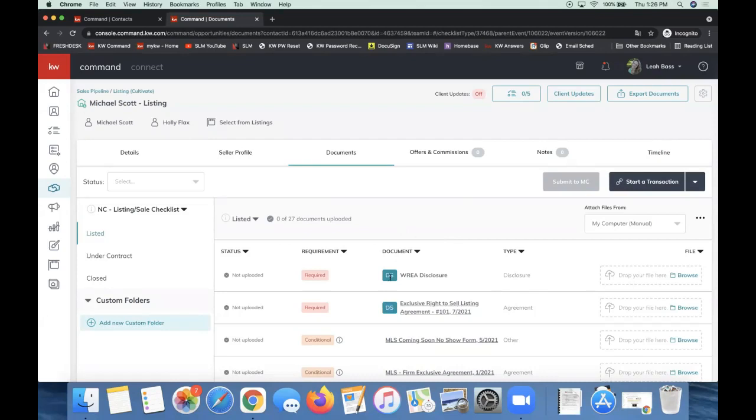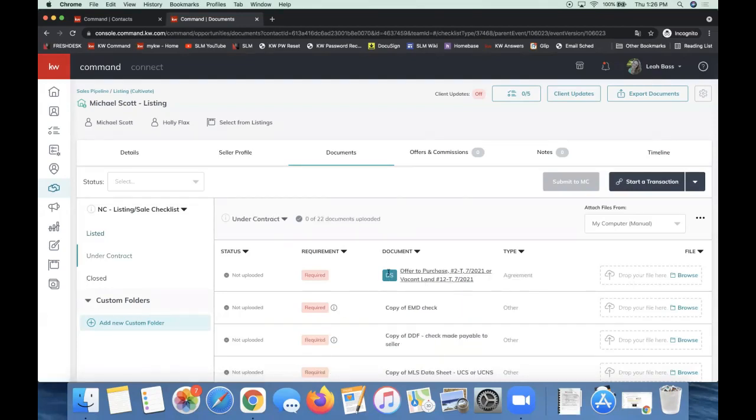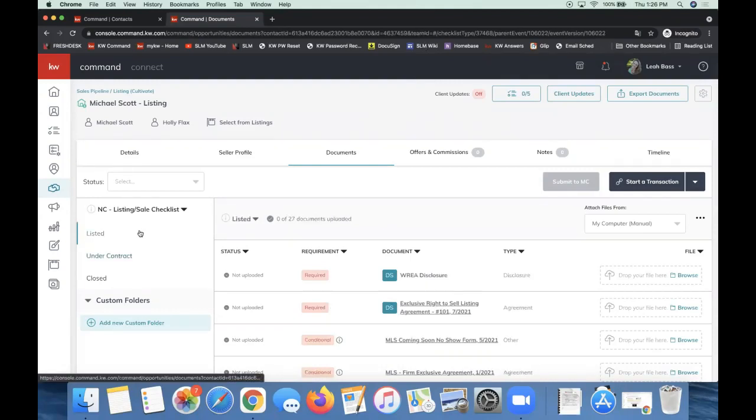If you are not seeing this TLDS next to any of your forms, no worries, there's nothing wrong with your account. That just means that your office staff has not set this feature up quite yet. And if you are office staff on this call and would like to set that up for your agents, feel free to shoot me an email,